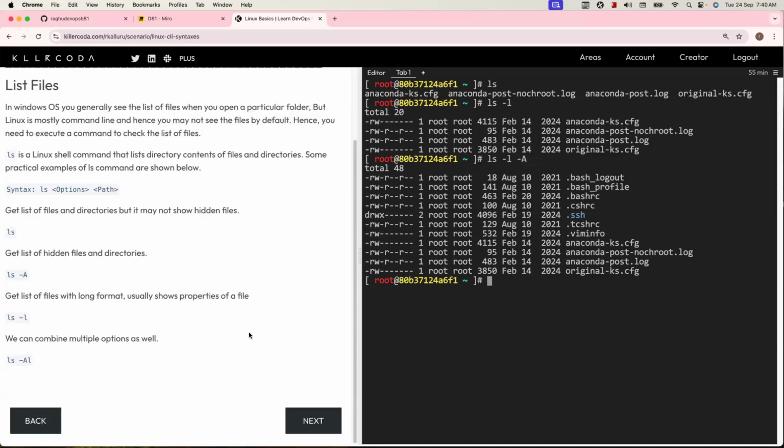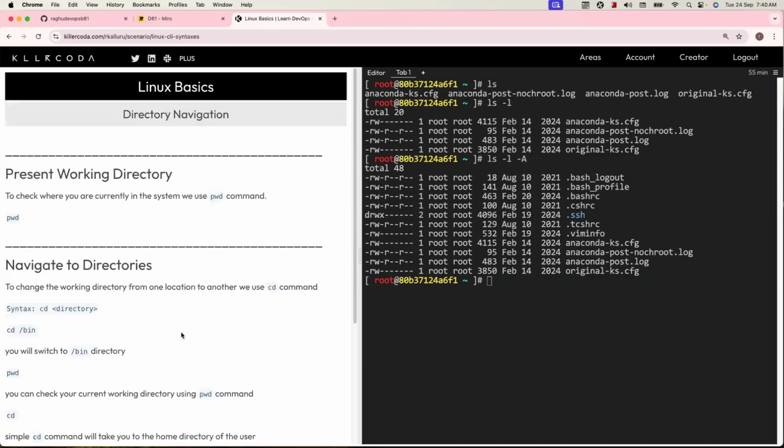All right, so until here we have discussed in yesterday's session. So we'll move on with the remaining commands, and let's start with the